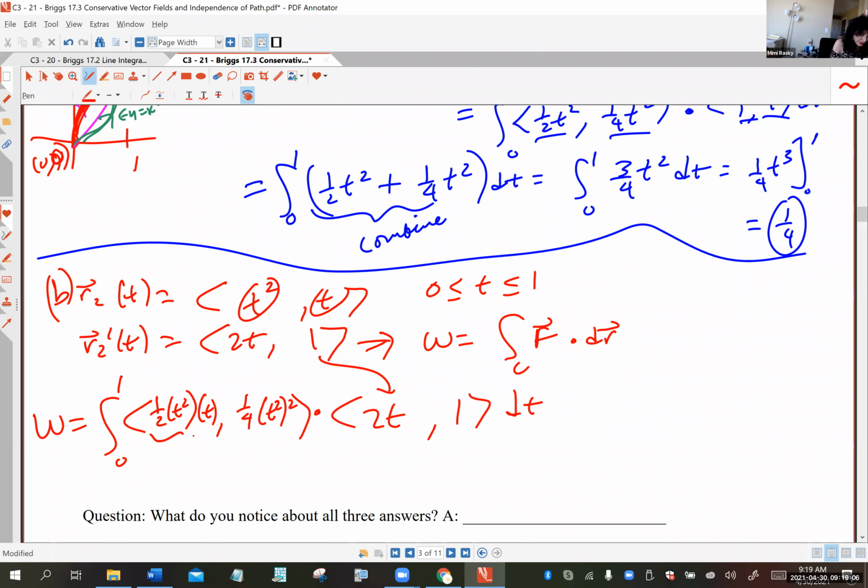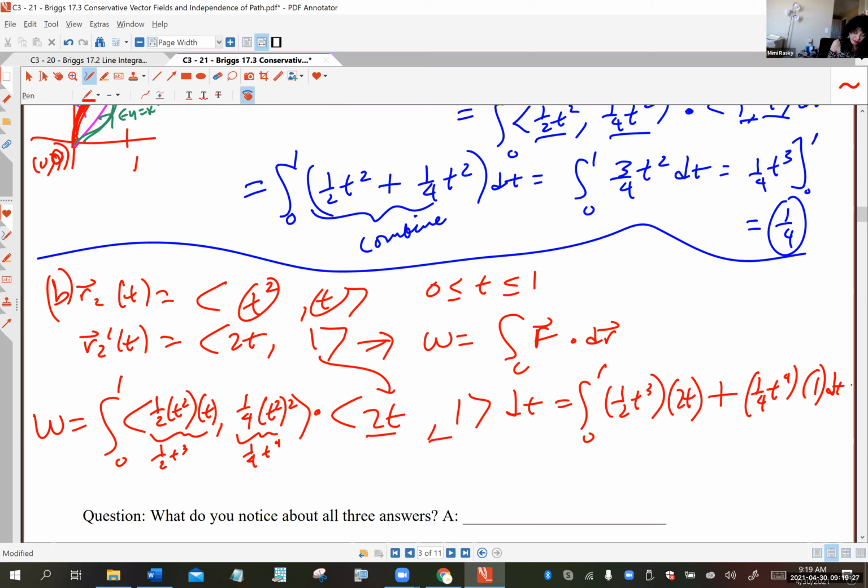Yeah. So this first component is 1/2 t cubed, and this second component is 1/4 t to the 4th. So when we do the dot product, we're going to have 1/2 t cubed multiplied with 2t, the first component from the velocity vector, plus 1/4 t to the 4th times 1. Oh, okay. But this first term is really, after we do some canceling here, this is just t to the 4th,